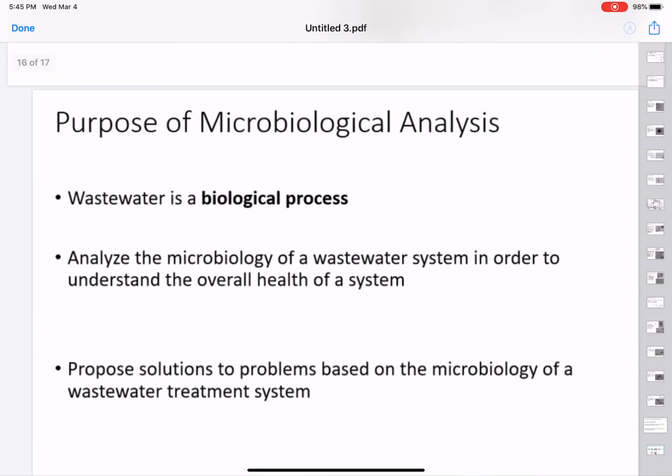Why are we studying all of this? Wastewater treatment is a biological process. For us, we have to analyze the microbiology of the wastewater. We need to understand the overall health of the system. The overall health of the system is very important if we need to use the bacteria, and if you want to make these bacteria and microorganisms healthy in order to clean up your wastewater, you need to understand the microbiology of the wastewater. And of course, we have to propose solutions to the problems based on